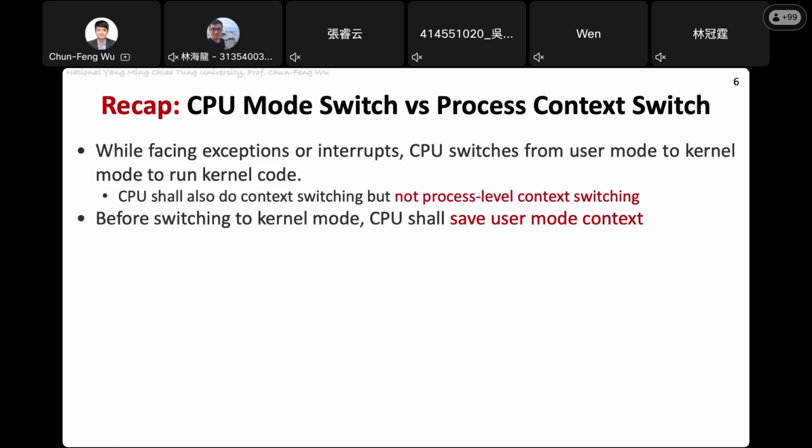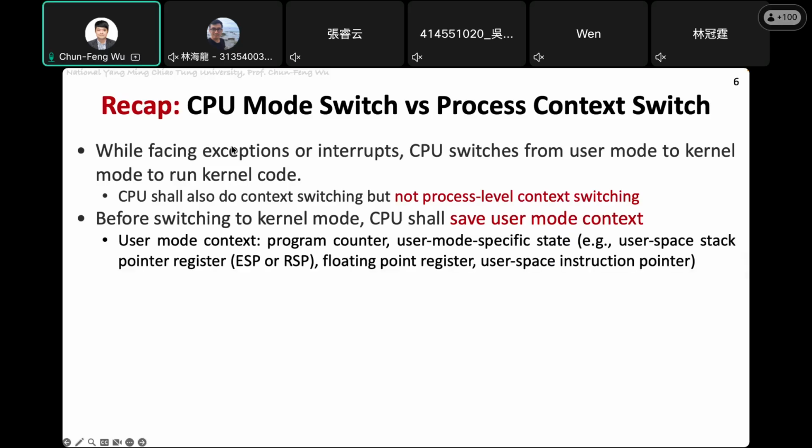Before switching to kernel mode, the CPU should save the user mode context. This part is very similar to a process level context switch. Or I should say, the process level context switch and CPU mode switching are very similar ideas. They have the same concept. The difference is how much information the CPU needs to save back to memory. For example, if we are doing CPU mode switching, you don't really need to do the